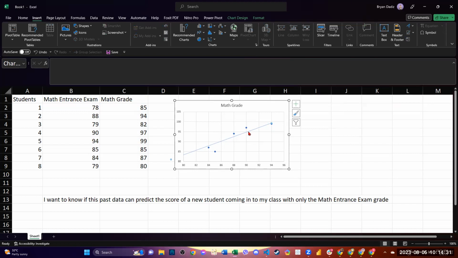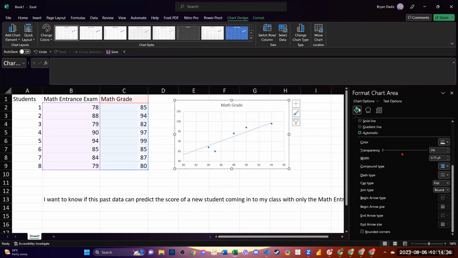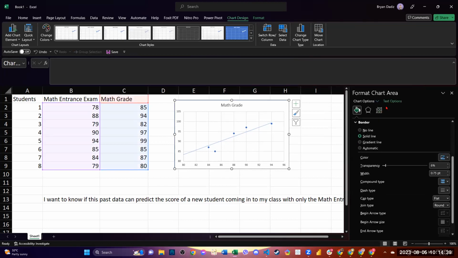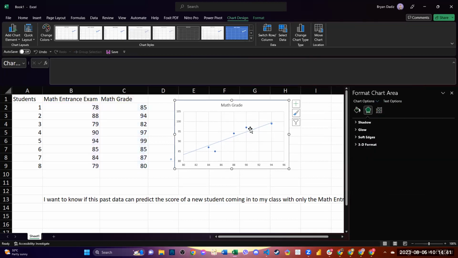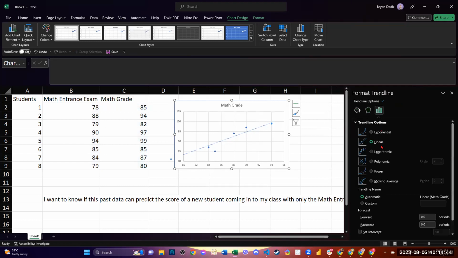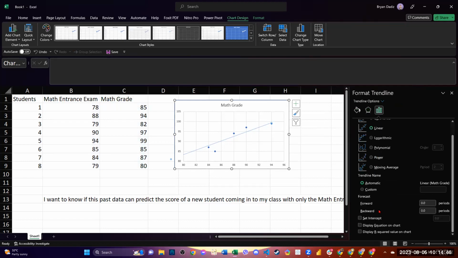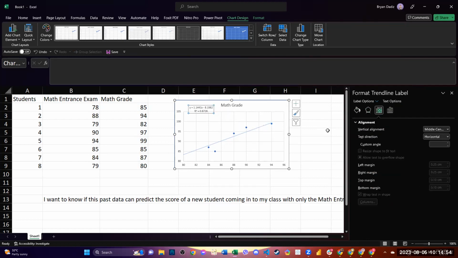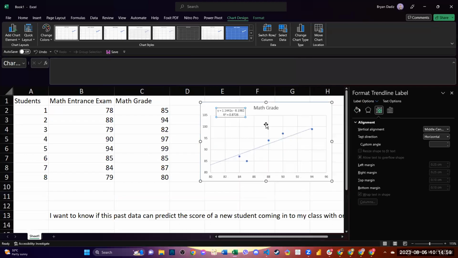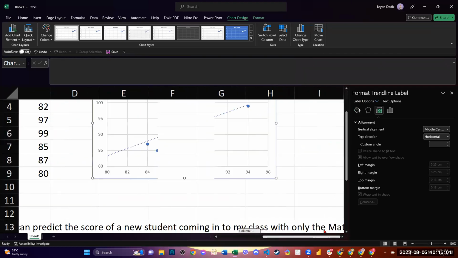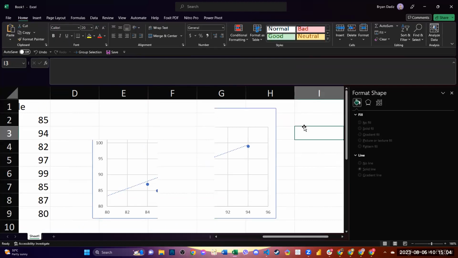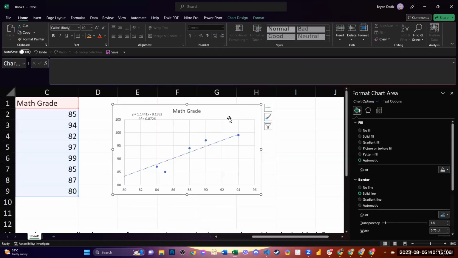And then this trend line, we can place the equation on the chart and display the R. Okay. So what I did there is, what actually doesn't matter, what I did there is I just added the trend line